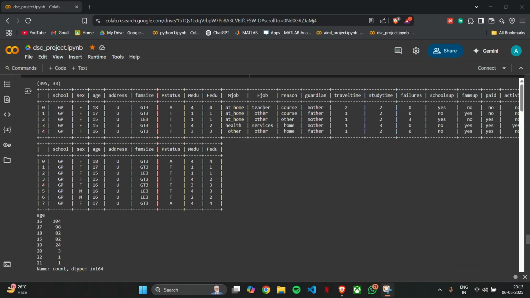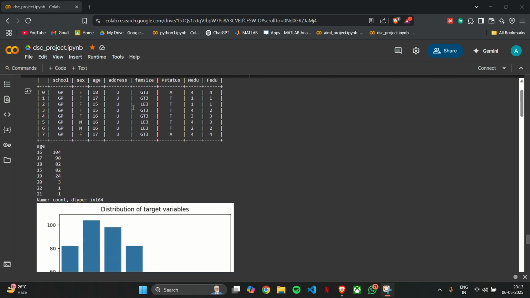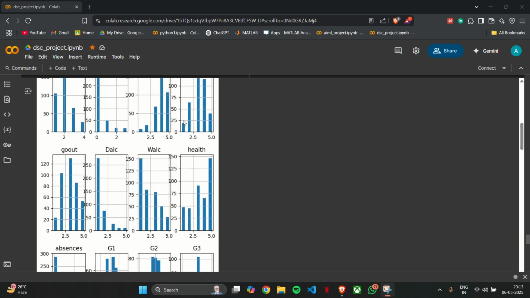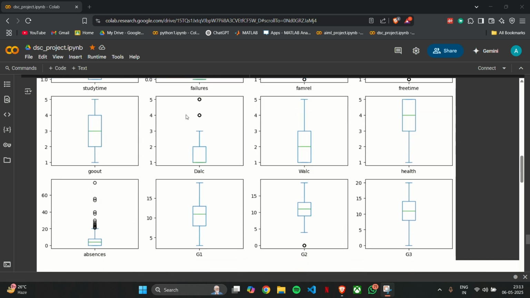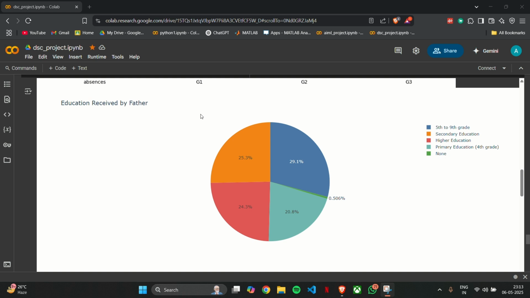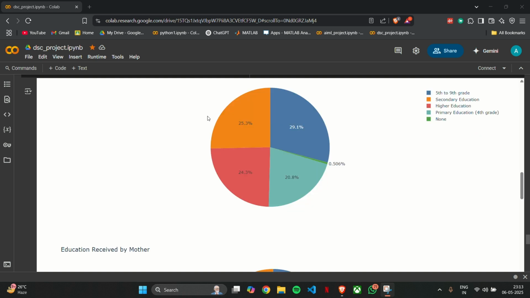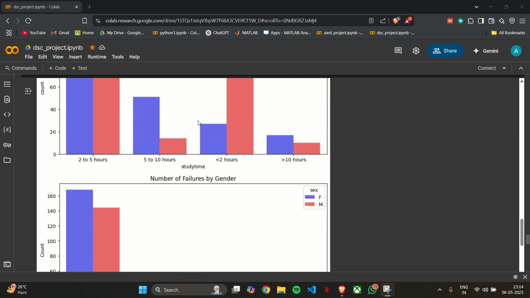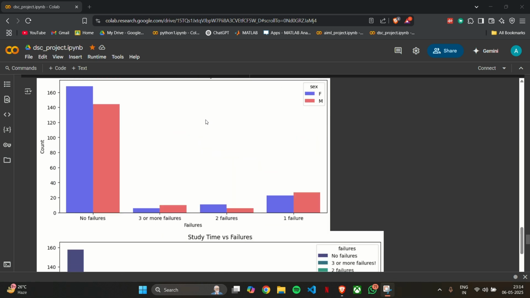Whatever has been explained till now, these are the results for the same. These are the tabulate formats of the headers and the columns, and then we have done the histograms, and based on that we have made box plots, and then these are the parental education based pie charts, and this is a weekly time pie chart, and then these are the more histograms based on the number of failures, study